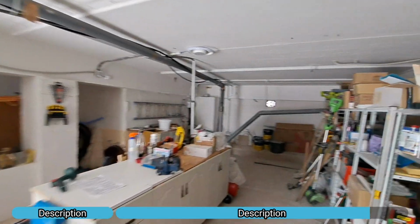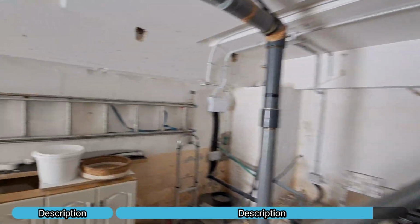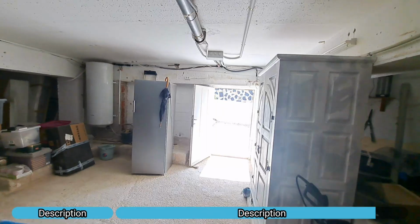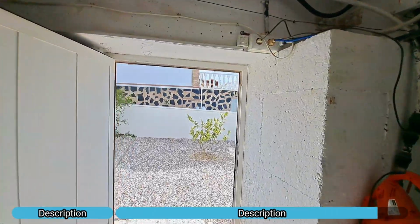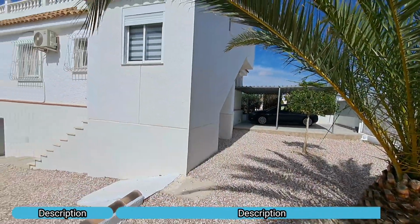It's nice and comfortable for me to stand up in. It's another couple of feet above my head, so there is plenty of room, and you could easily reform this if you wanted. It's been used as a workshop at the moment and storage. How wonderful is this house? Really beautiful. So I'm here at the back of the property,